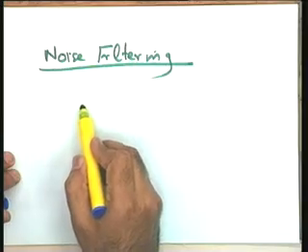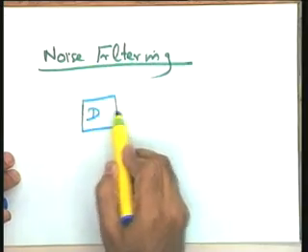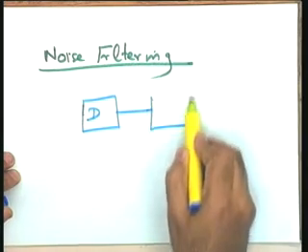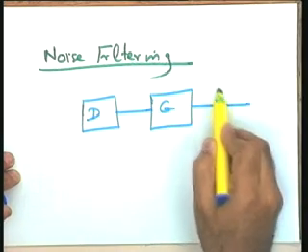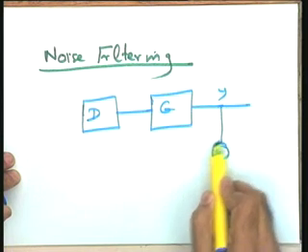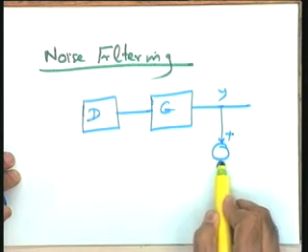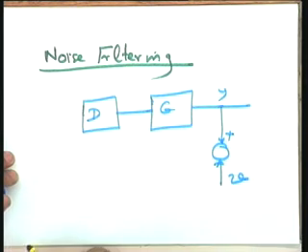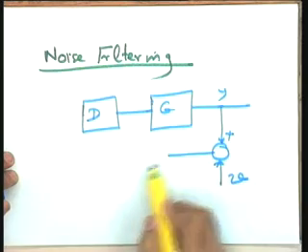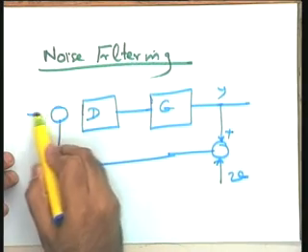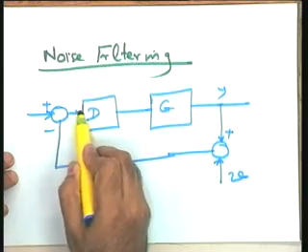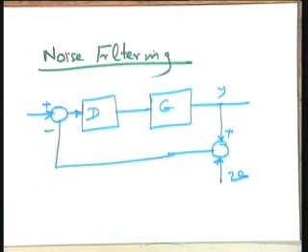So let me take a situation like this. D is my controller transfer function, G is the plant, this is output Y. So as soon as I try to measure it, I introduce a noise signal V, and let me say that this is being fed back. I am taking the unity feedback case to simplify the situation. Okay, take this case only to make the discussion simple, otherwise it could be the more complete block diagram. There is absolutely no problem in that. Okay, now you have to help me please.